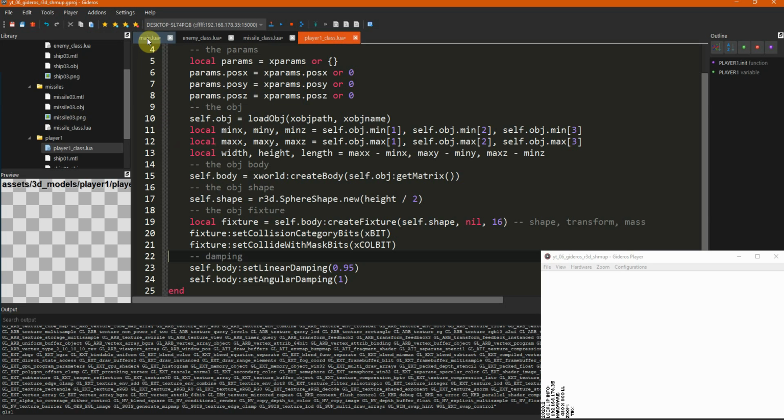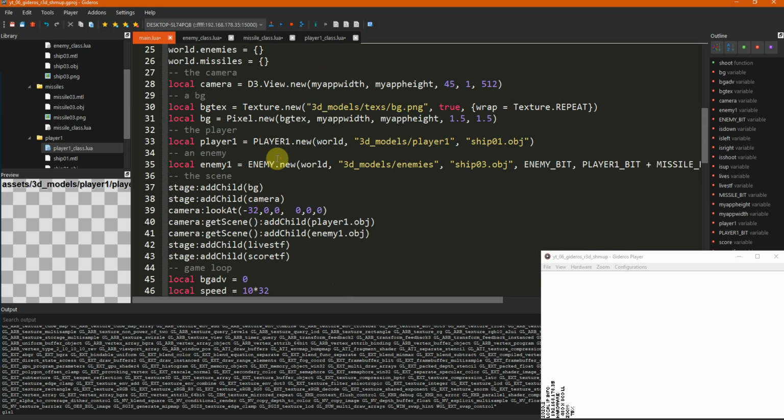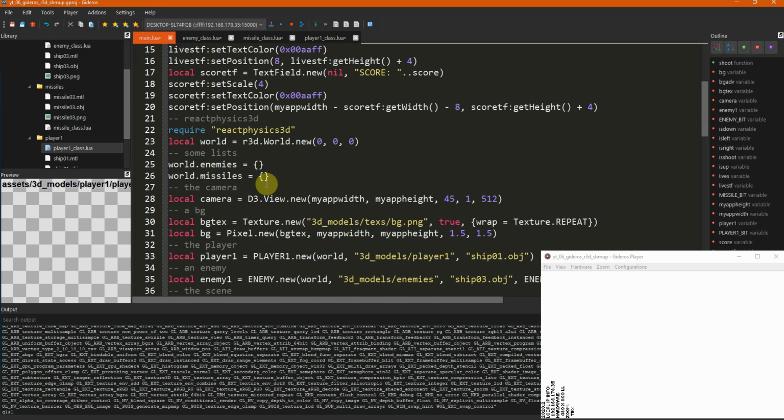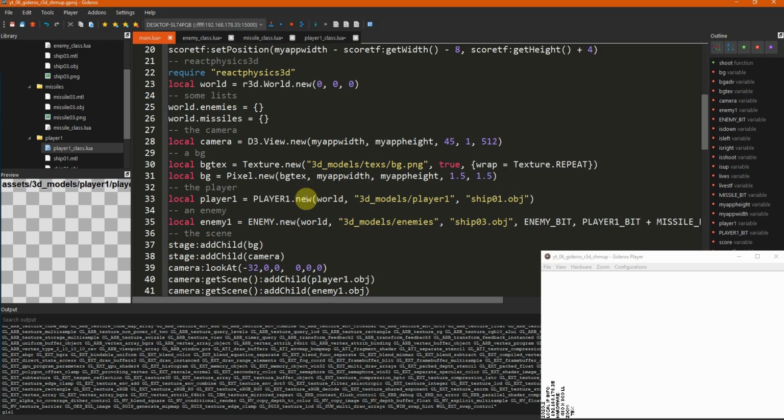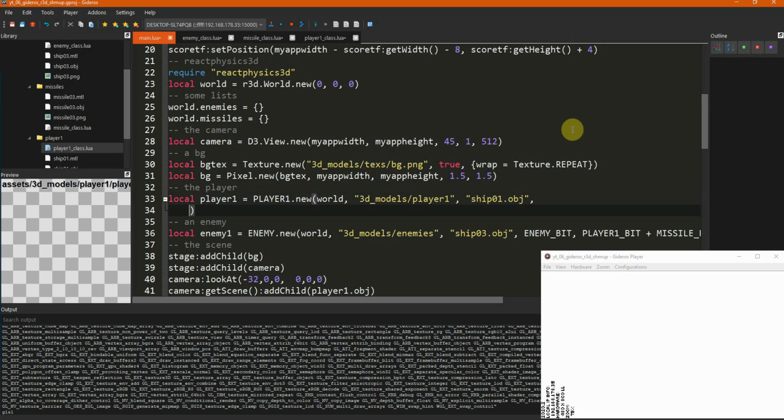Then let's go back to the main.lua and modify the player one when we create the player. So it's here. For now we can maybe pass some parameters. So I'm creating the table and I'm adding the collision bit mask.